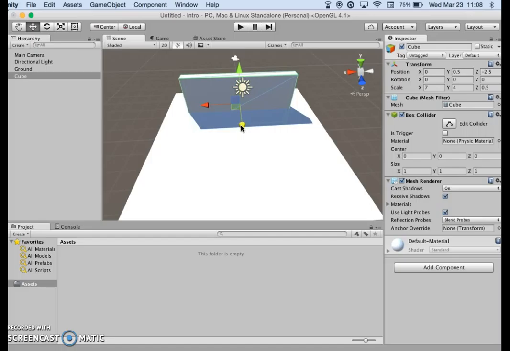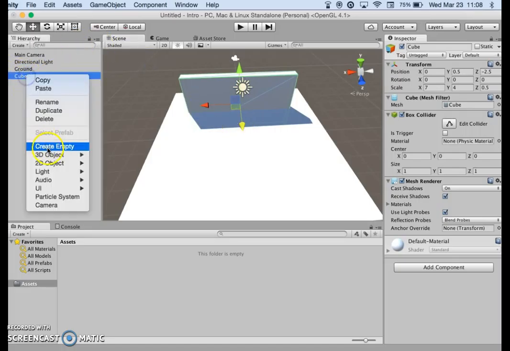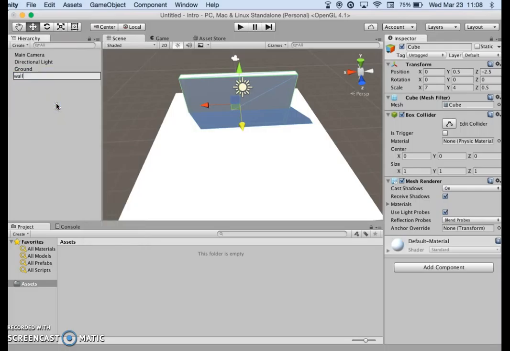And now what I'm going to do is I want to duplicate that one. Now what I haven't done is named it. So I'm going to control click it here. I'm going to rename and call this one wall 1. Now with it selected, I'm going to press command D. And notice that it created a wall 1 and in brackets 1. And I'm going to move it